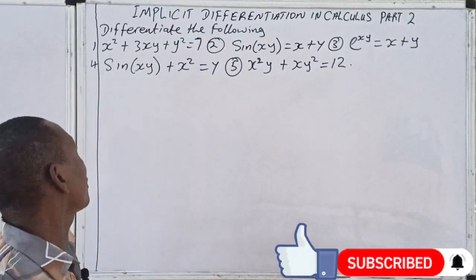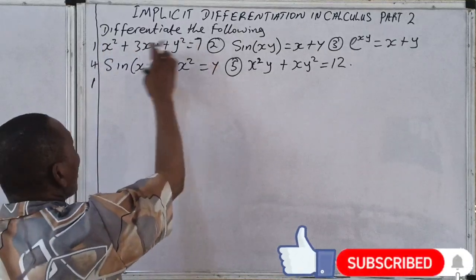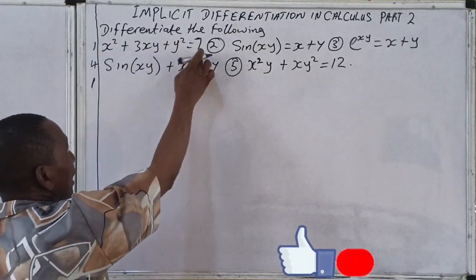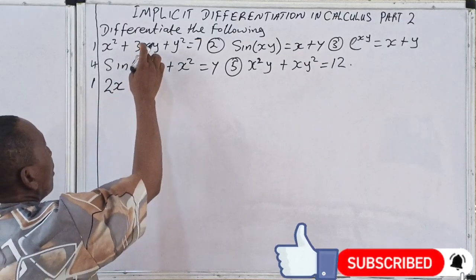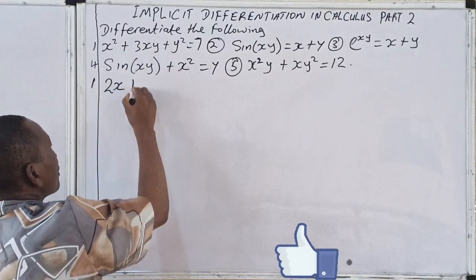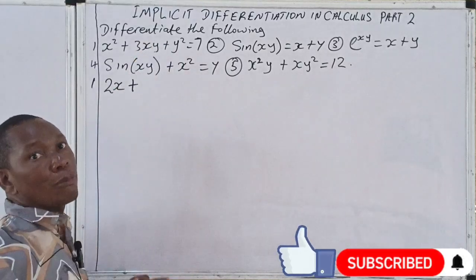And let's solve this question. Now we know that you have to differentiate this and this. If you differentiate this, you have 2x. Now, how do you differentiate this? You use your normal